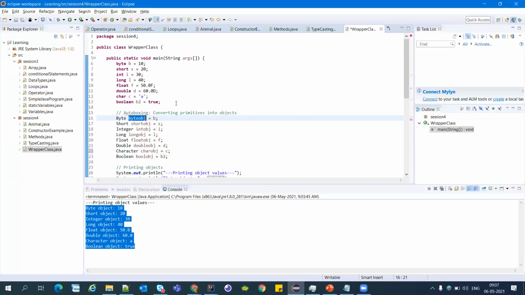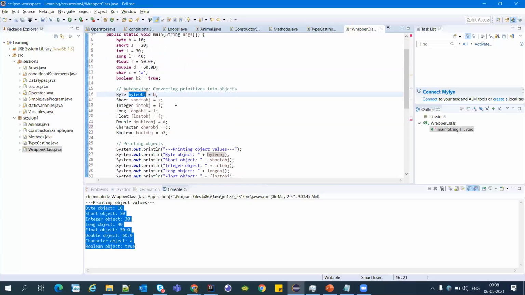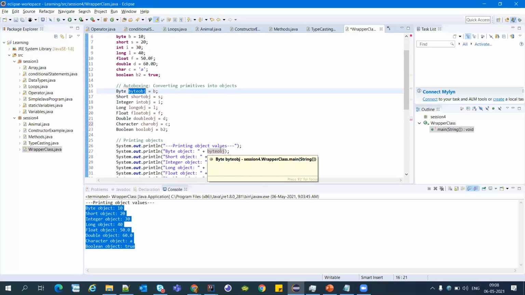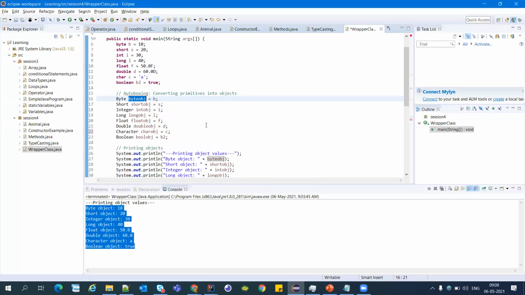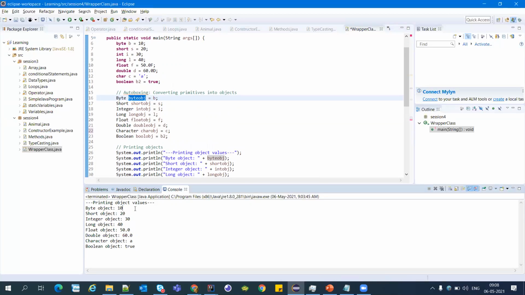While printing the byte object, the output is 10. Like how is it doing the autoboxing? It is giving the same value, 10. It is not related to changing any value. Okay. We are just converting into the object.